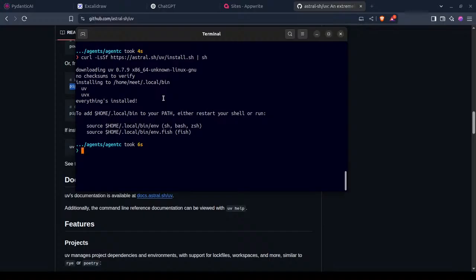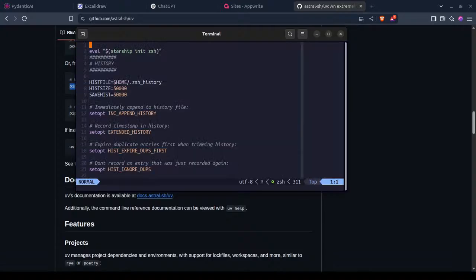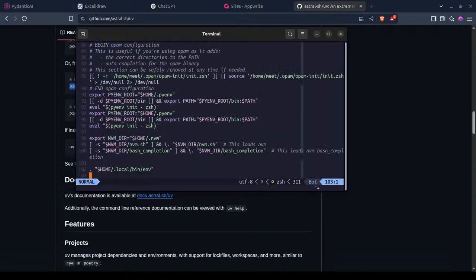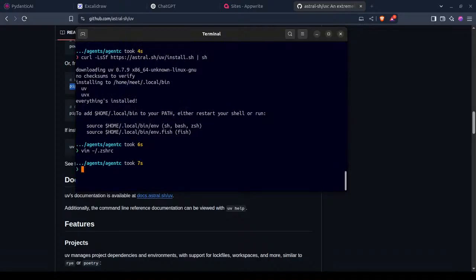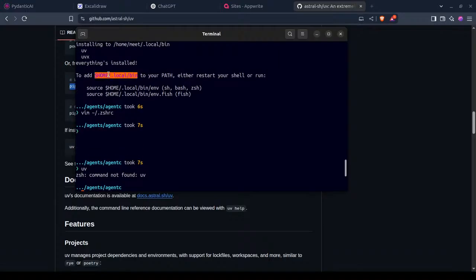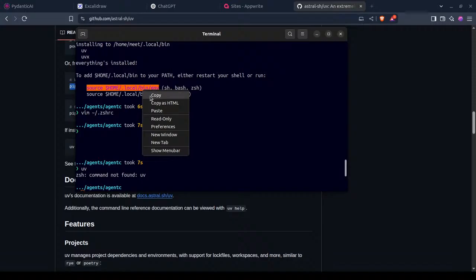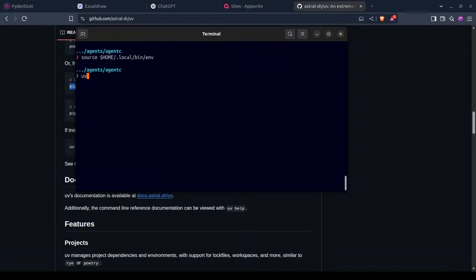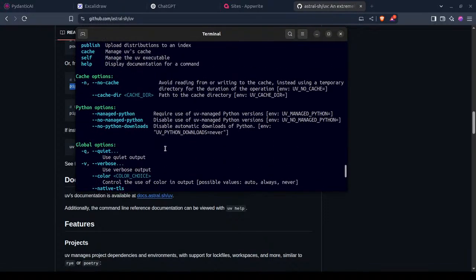Anyway, we need to add it in the zshrc. Wait, what? So UV is... alright, it's there now.